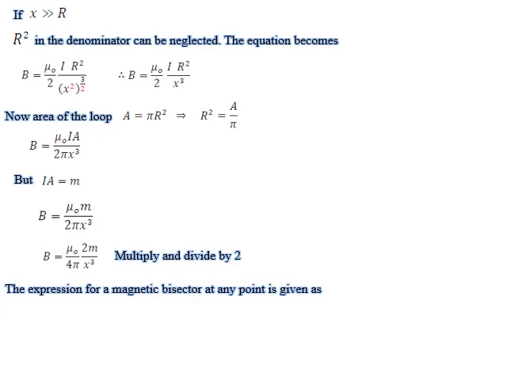If I cut the loop directly into half, that is along the axis, then it is called a bisector. So the magnetic bisector will have a formula B is equal to B by 2. That is, coming back to the equation before you multiply and divide by 2, you have B is equal to mu naught m by 2 pi x cube. That is the equation for a bisector. These few steps that you have studied are only coming in the numericals. You don't have to learn this equation by heart or study this equation for the exam.